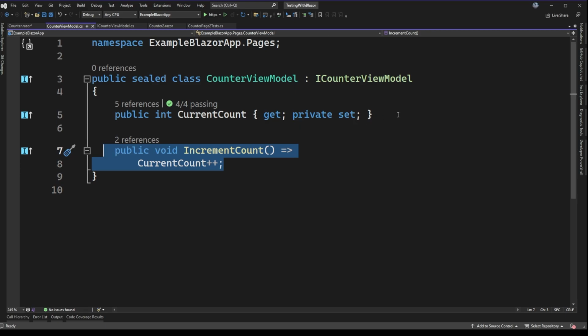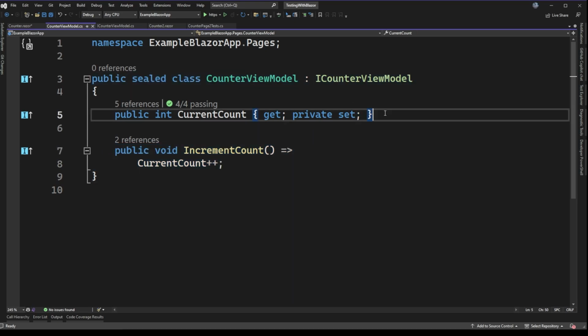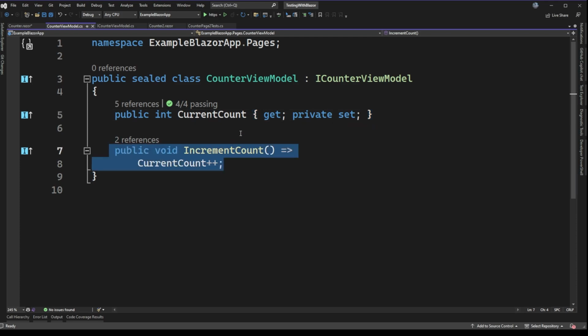What we are going to be doing is creating a mock of this view model, and because we're using a mock and using the interface to create that mock, what we're going to be able to do is set up the mock to have a current count on it directly and never have to worry about calling this at all. And I'll pause here for just a moment of clarity because if that was a little bit confusing,